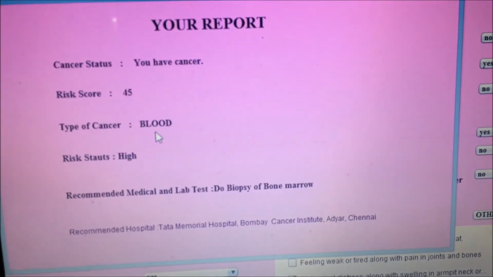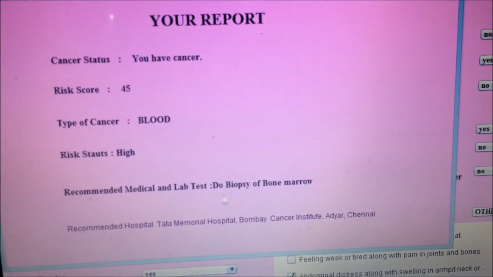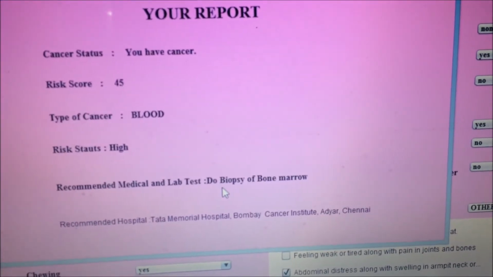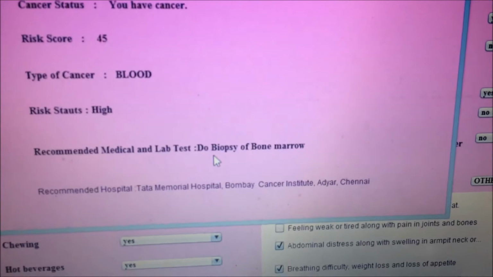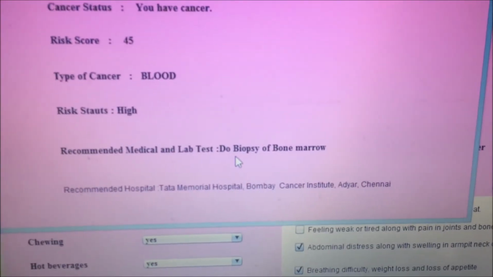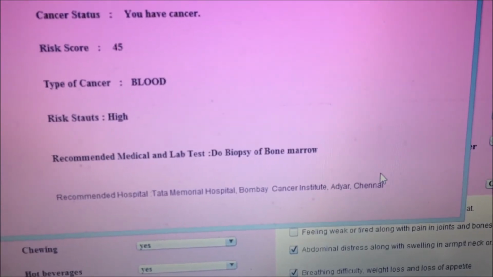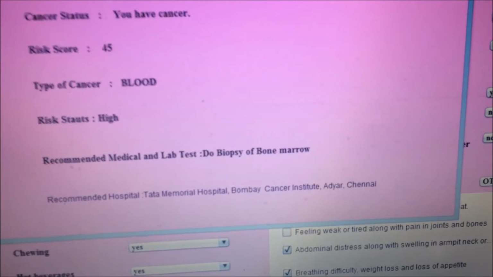Type of cancer is blood, risk state is high. The recommended lab test is endoscopy or bone marrow. The recommended hospital is Tata Memorial Hospital, Bangalore, because Tata Memorial Hospital is good for blood cancer, and Cancer Institute, Adyar, Chennai is also good for blood cancer.